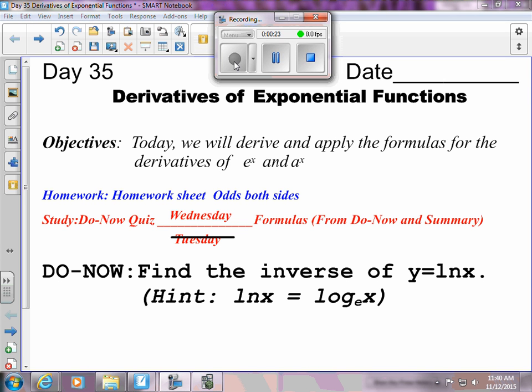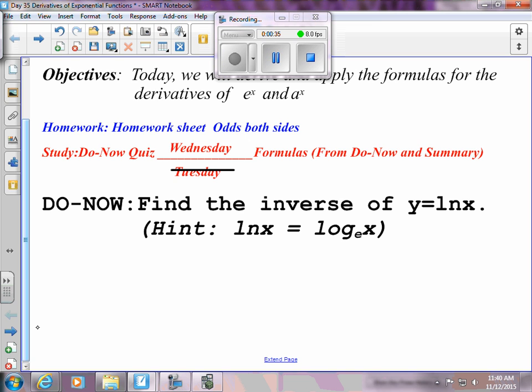It was in the book. I hope you checked your answers. But today, we're going to discover the derivative of exponential functions. Isn't that exciting? Yes? Okay, so for the do now,